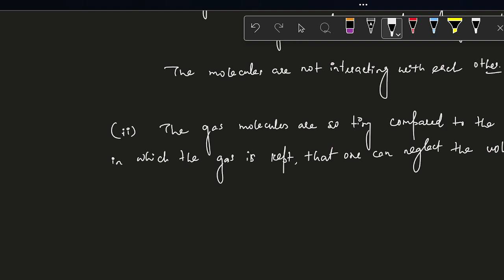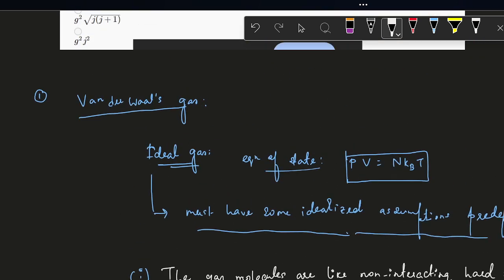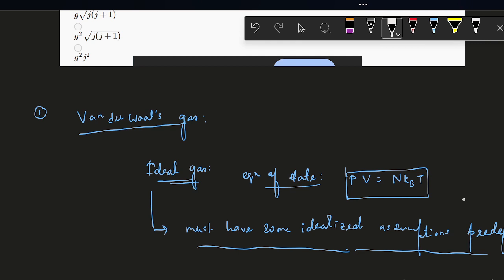And there are some corrections that are needed to make the equation of state for a real gas match the real properties. These corrections need to be made on the ideal gas equation of state, which is this one, PV equals N k_B T. This is a very simplistic equation of state, but it is only valid for ideal scenarios where these assumptions are included or assumed. But